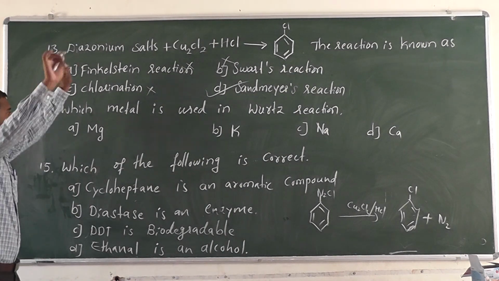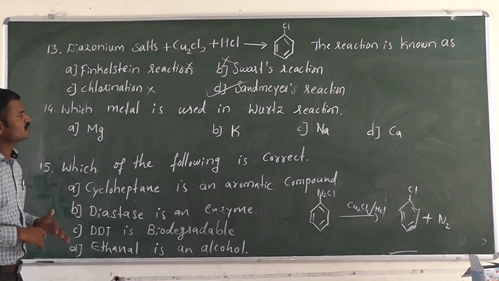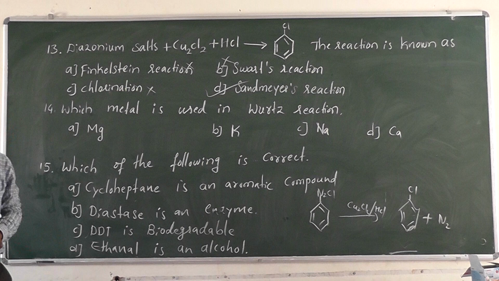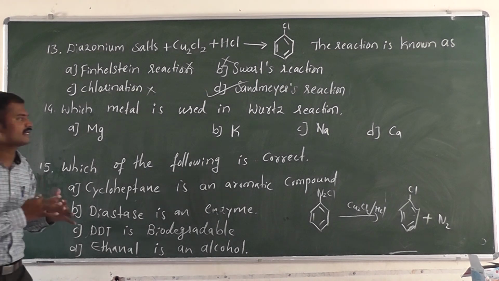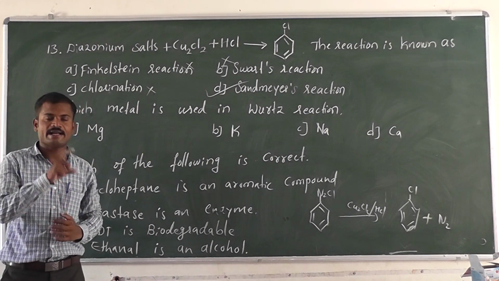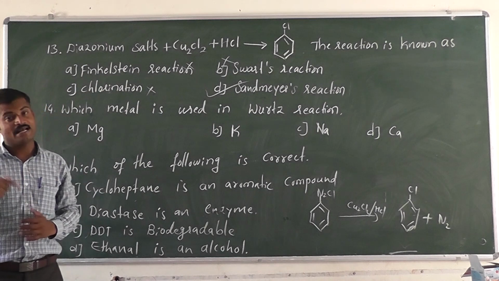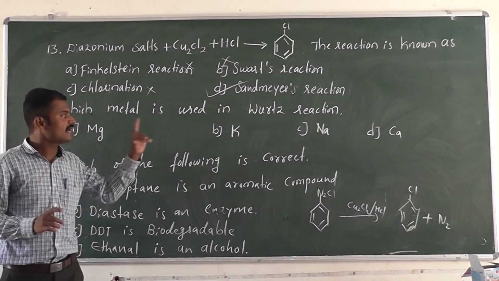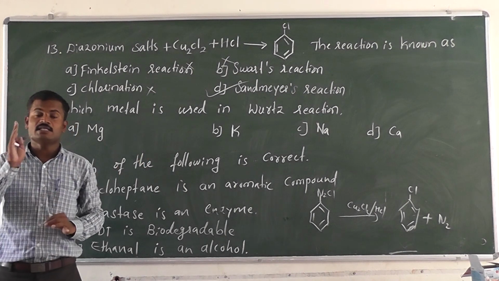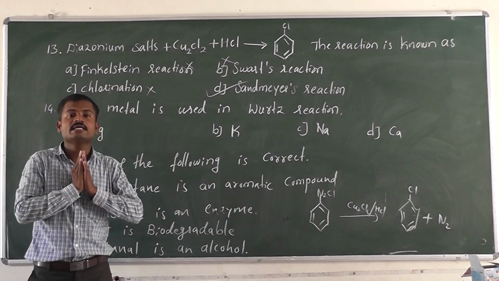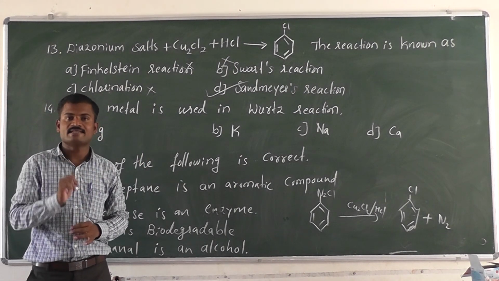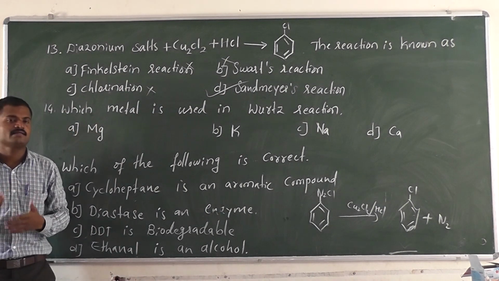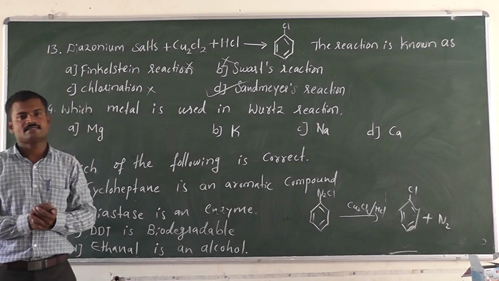Okay. So the next question, a very simple question. Which metal is used in Wurtz reaction? Wurtz reaction is related to haloalkane. So when 2 moles of RX are reacted with sodium metal. We have discussed that Wurtz reaction, Wurtz-Fittig reaction, and Fittig reaction are related only to sodium metal, not magnesium, not potassium, not calcium or nickel, or any other metals here.